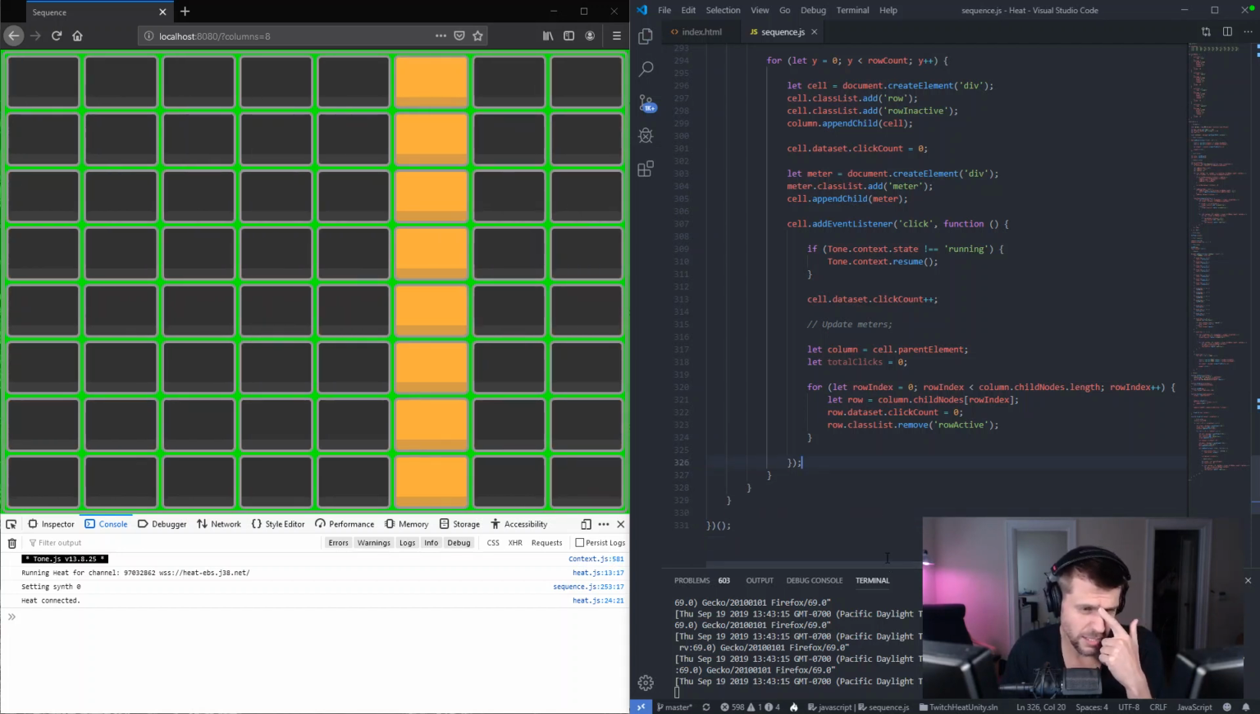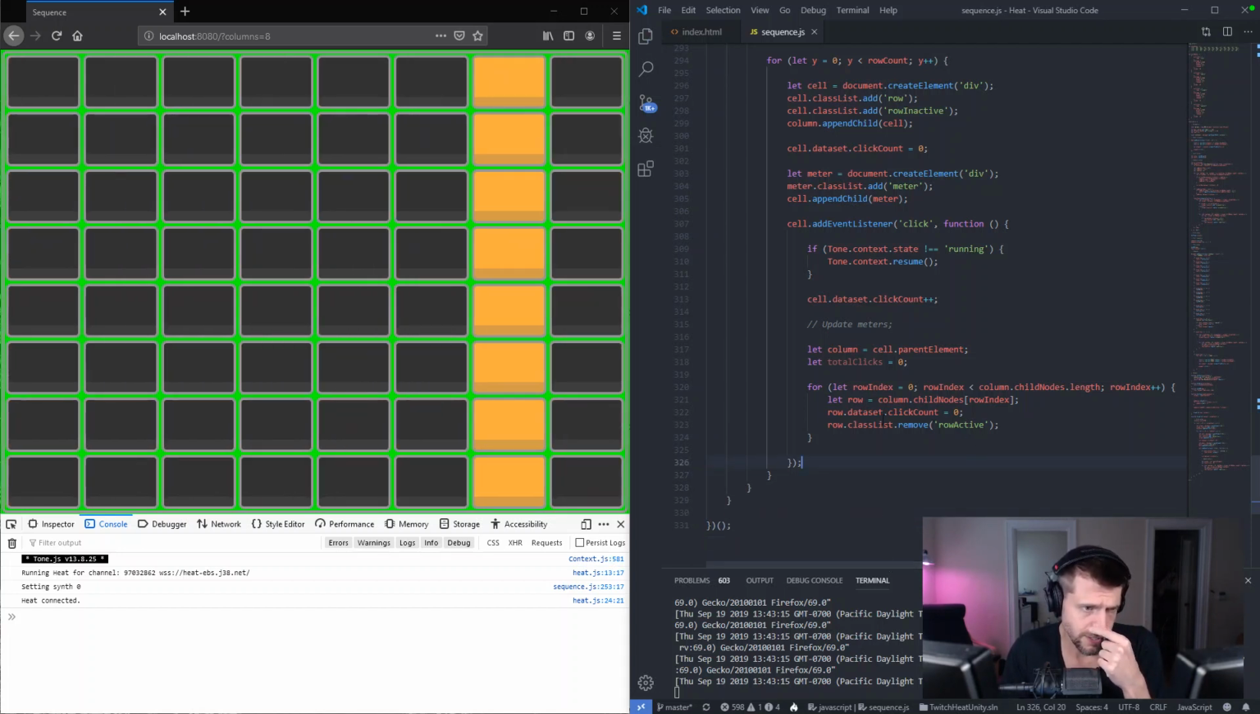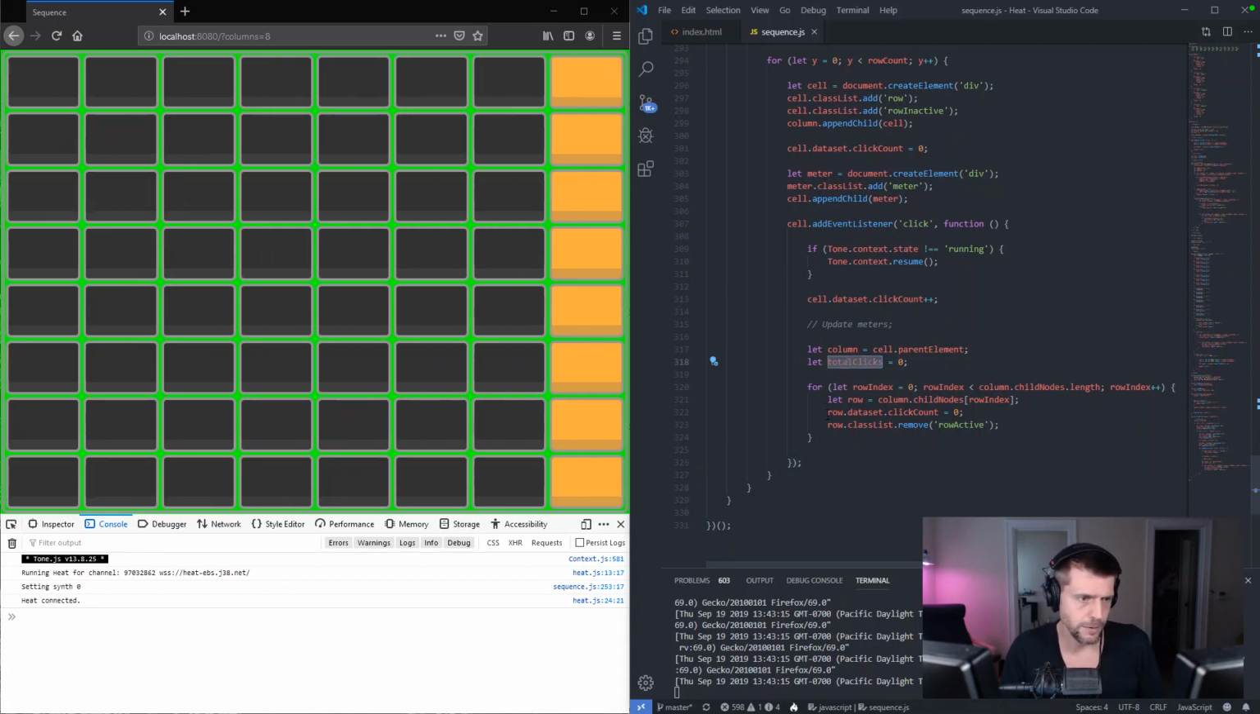Okay, so we need to loop through everything and then total clicks plus equals